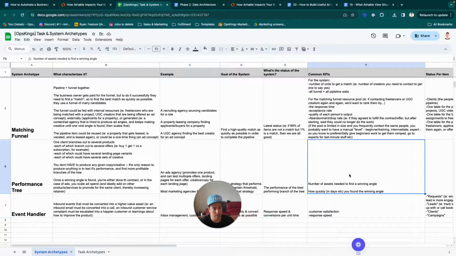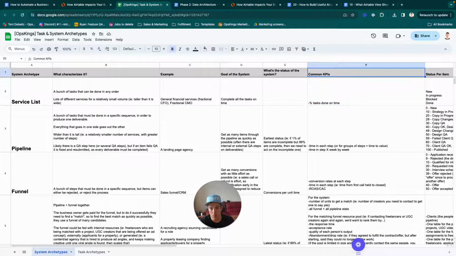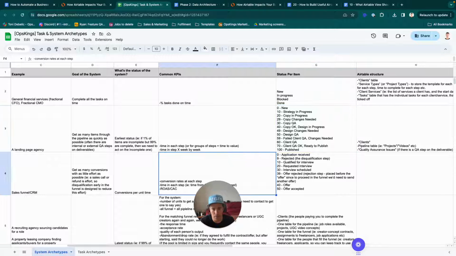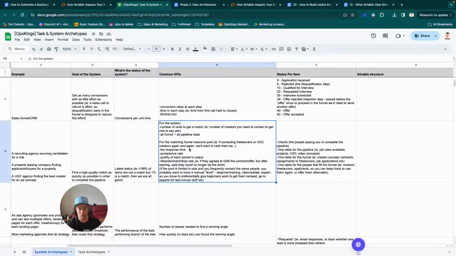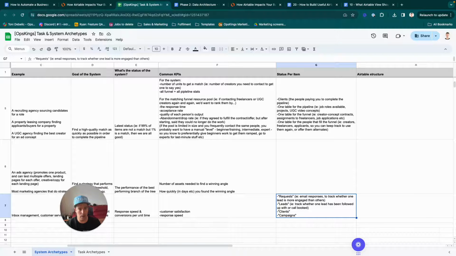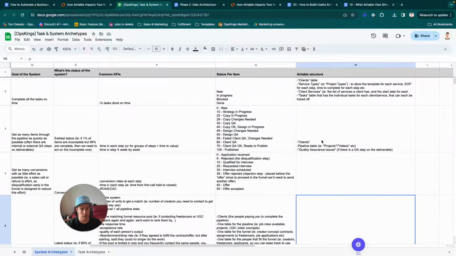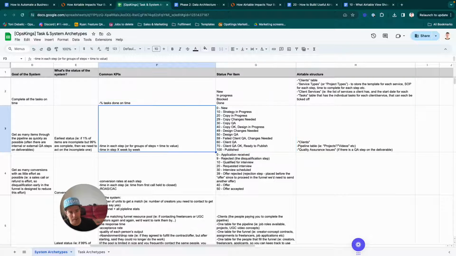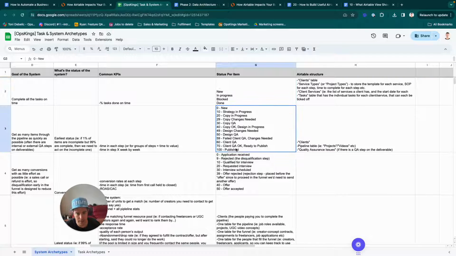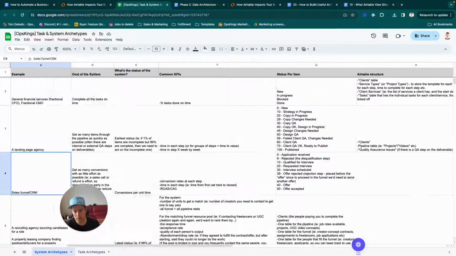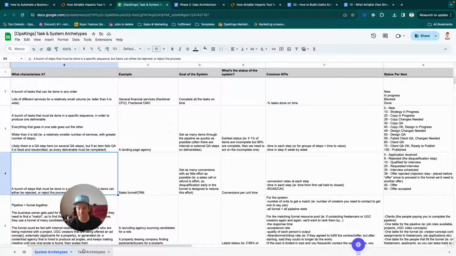So we have some common KPIs here. You guys can pause the video and go through this and just kind of read through it. But let me scan through this. These are the KPIs that we would graph or chart in Airtable, and then we also have the pipeline here is the most common. Anyway, you can look at the status and things like that. So these are the Airtable architecture thoughts, depending on subsystem or the system archetype. Task archetypes will come to that later. Okay, so